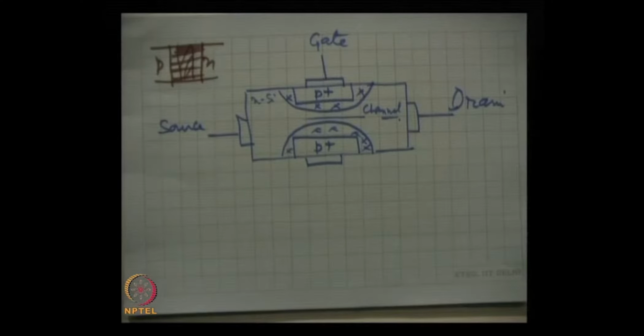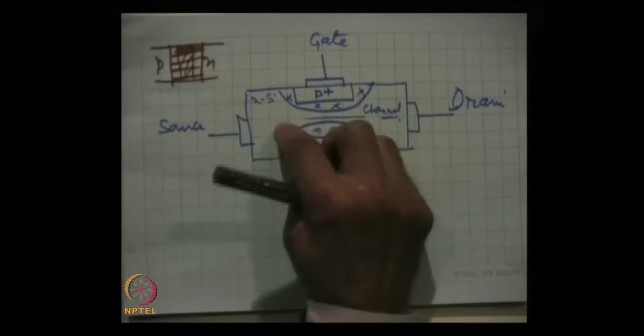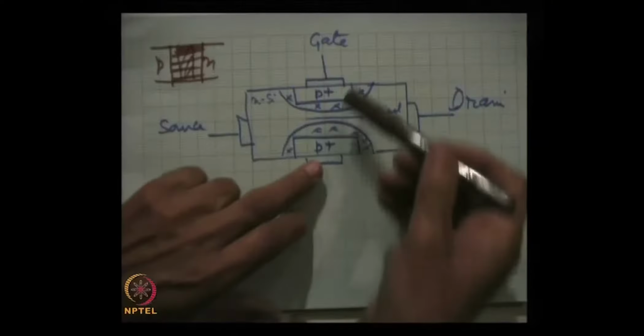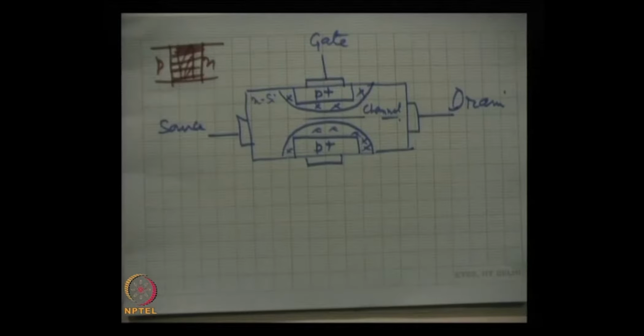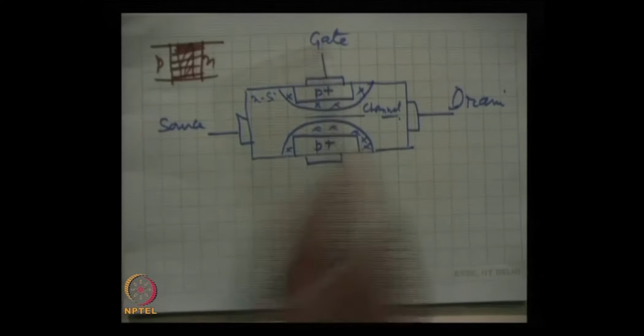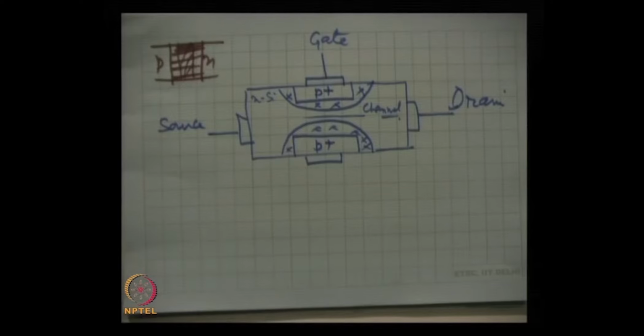Now, here depletion width can be changed in two ways. Both ways, of course, we are reverse biasing the PN junction. So, there is a widening of the depletion region, and there are two gates. So, widening will be from both sides. Now, what are the two ways? One is, this is the P type gate, if we give a negative potential to the P type gate, then the depletion region will increase, it will be widened, number one way.